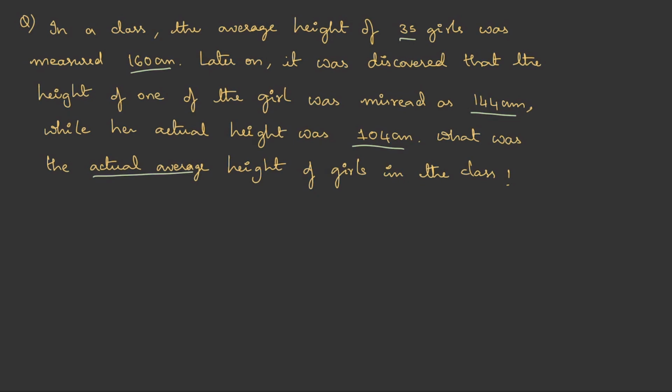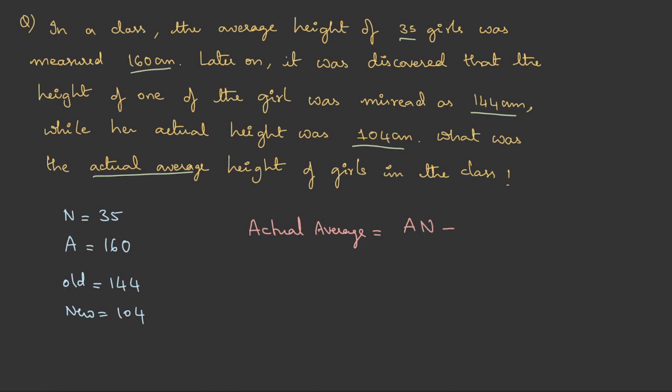For this, let's write the given data. The number of students is 35 girls, so number n is 35. Then the old average A is given as 160 centimeters, and the old value of the girl's height which was entered initially was 144, but the actual height or the new value is 104. This was given, and we are supposed to calculate the actual average value, which is